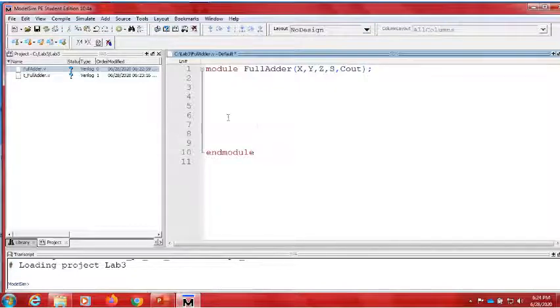Now I have to identify the inputs and outputs. So with the keyword input, we've got X, Y, and Z. These are the inputs, and outputs S, Cout. And if we have to define some wires, we will define our wires here. So wire,